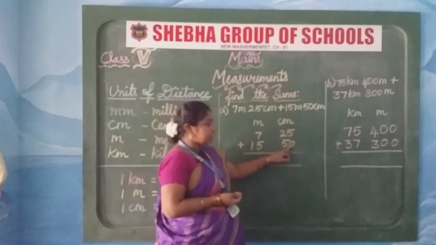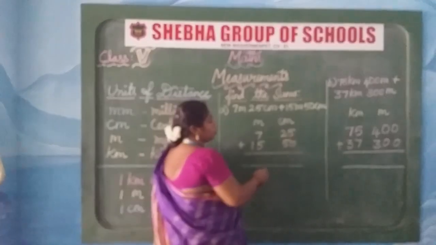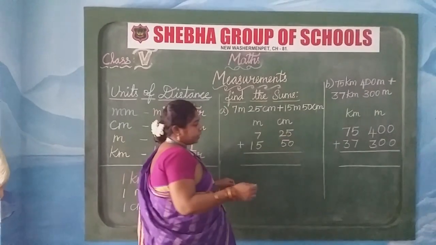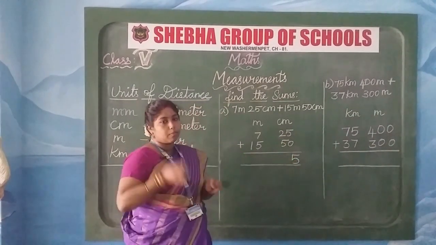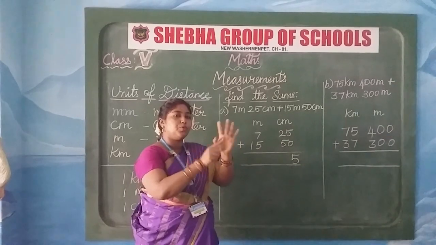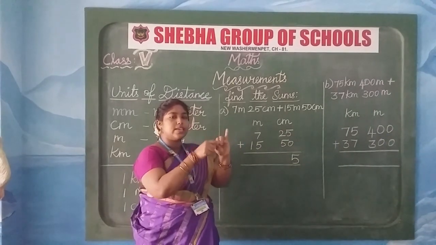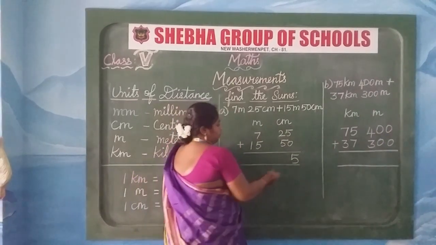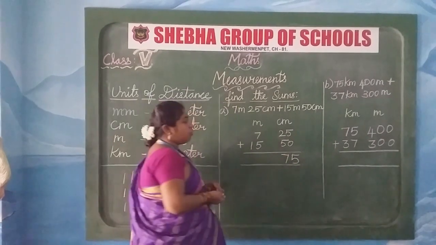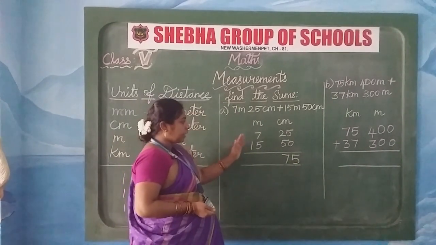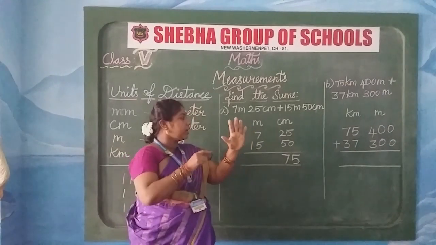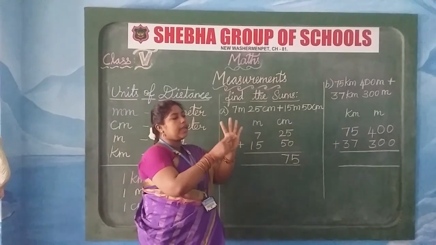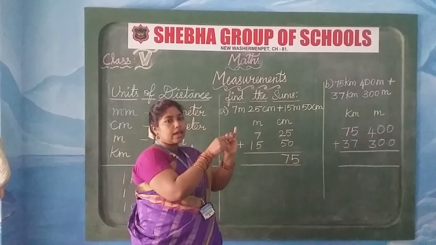So 5 plus 0, what does it come? What's the answer, children? Yes, you are right. It is 5. 2 plus 5, 2 in the mind, 5 in the finger. After 2, 3, 4, 5, 6, 7. Now we have to add in a meter. 7 plus 5, 7 in the mind, 5 in the finger. 7 after 8, 9, 10, 11, 12.